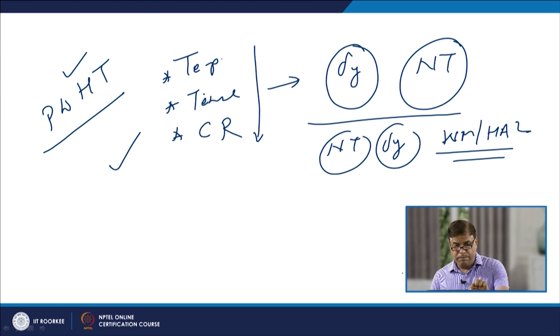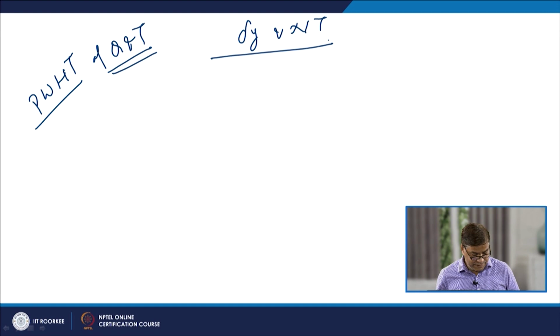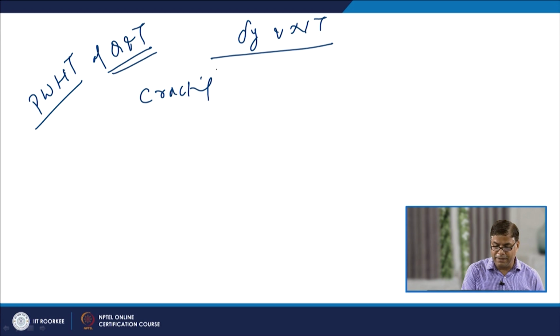So, now, as I have said, there are many adverse effects of the post weld heat treatment of the Q&T steels. So, that is why we need to be very careful that it does not adversely affect the properties. Apart from the compromise on the yield strength and the notch toughness after the post weld heat treatment, sometimes the Q&T steel weld joints after the post weld heat treatment show a very high cracking tendency.